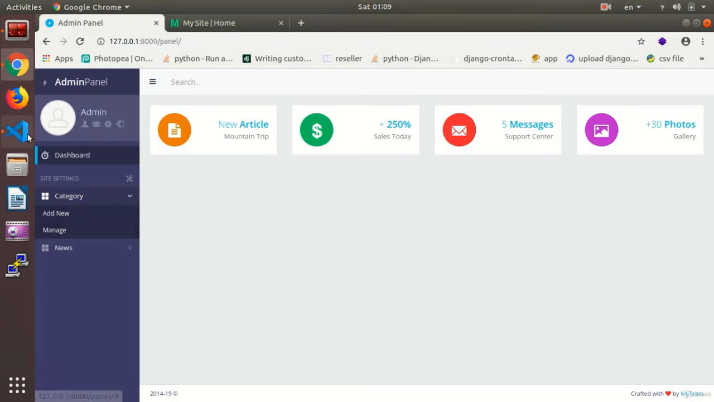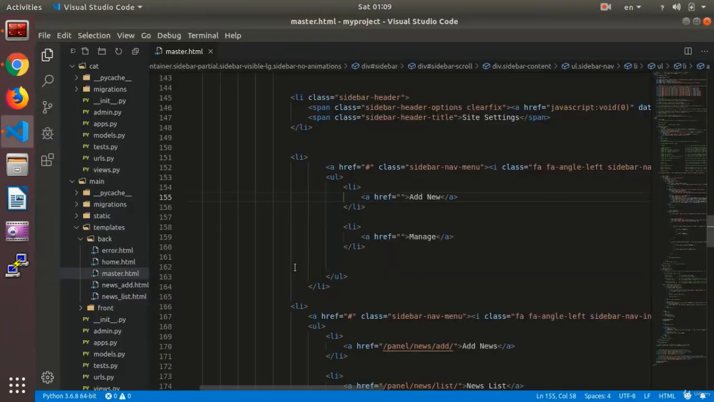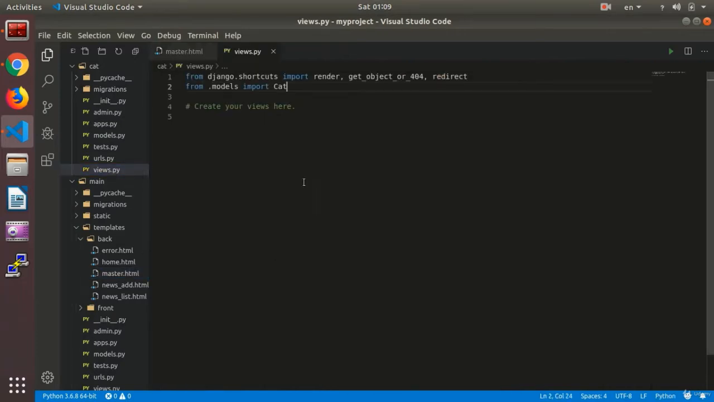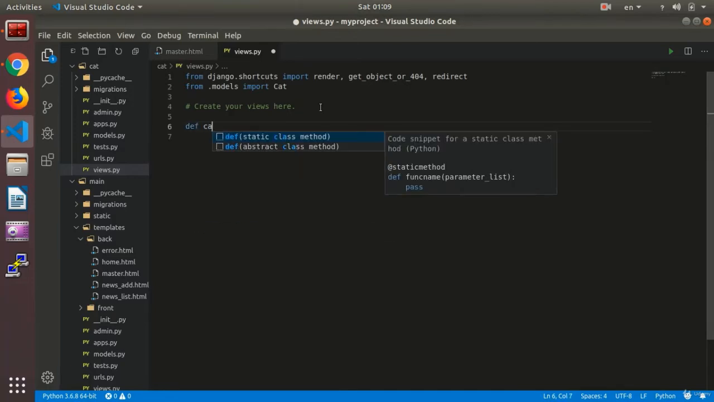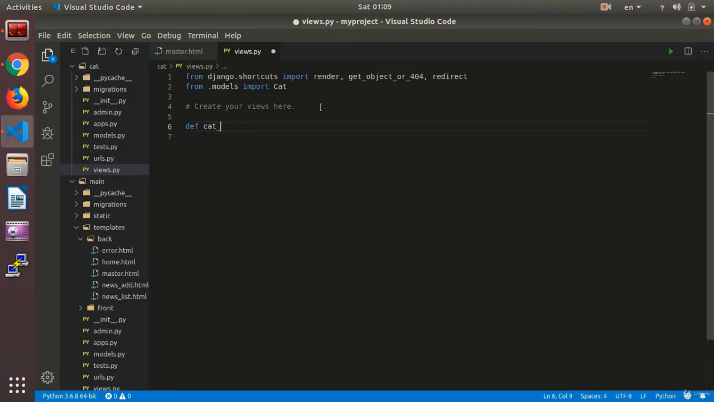First we want to, in the manage list, so I need to go for the main to function, and I need to write a function for it. For instance, def cat_list of the type request. Alright, and then we write return